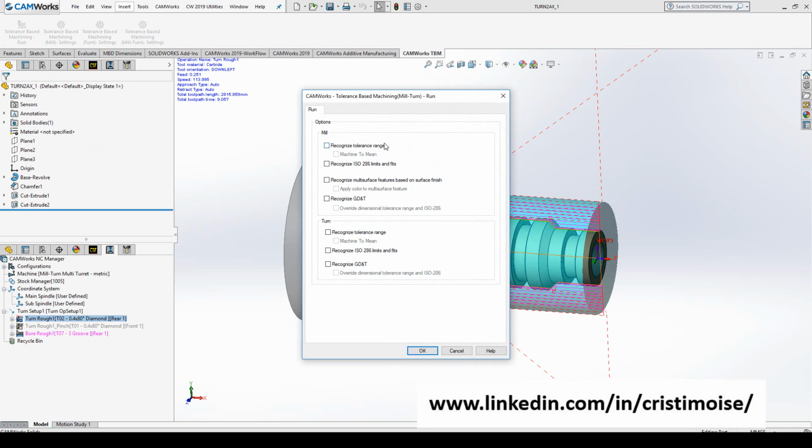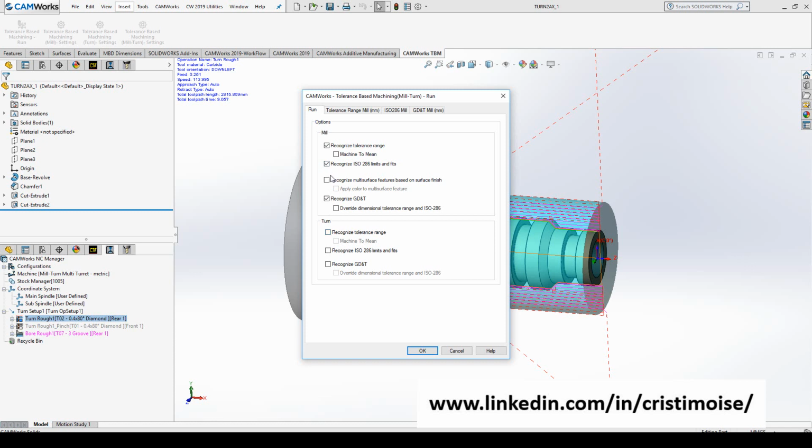I will show you in another video, but right now, a good thing is that CAMWorks tolerance-based machining is introduced in the original installer of CAMWorks. It's not an add-on, and besides this, there is a new enhancement introduced